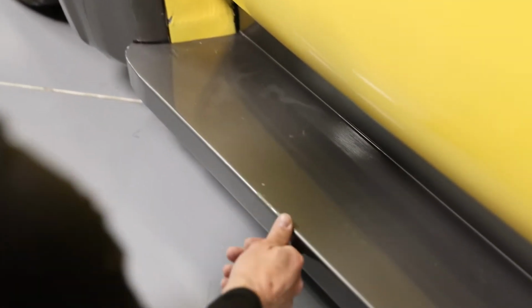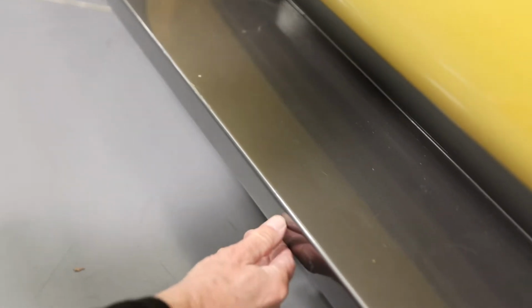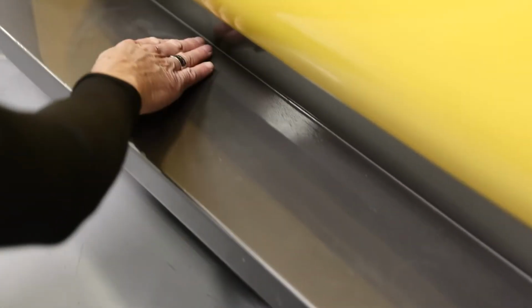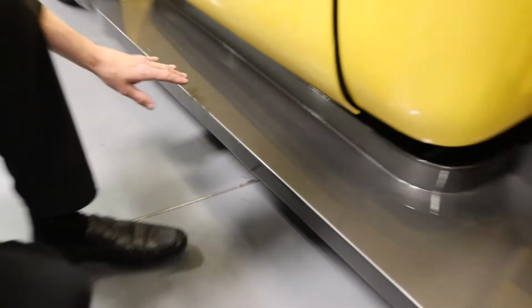There's a couple scratches getting in and out of the car right here. So right here on this shelf, there's a small scratch there. This all seems to be nice. Might need a little metal polish here for that. Small chip. Other than this,